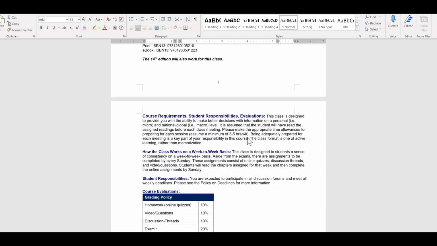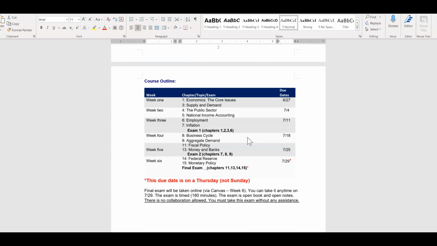But what I want to do is just scroll down to the course outline on page 3. You can see here I have the 6 weeks laid out, and this is a summer course, so it's on an accelerated time frame, so we have a lot of material to cover in a short period of time.